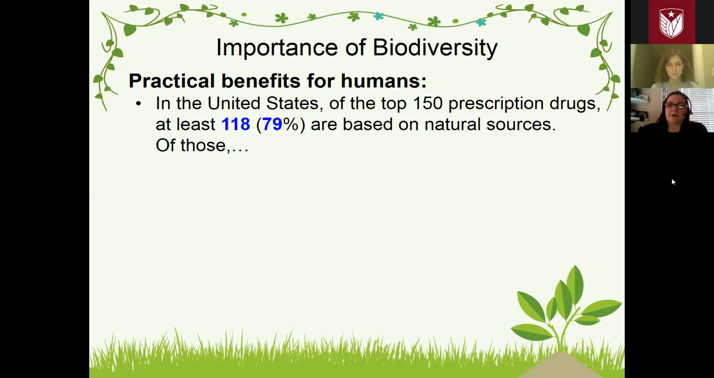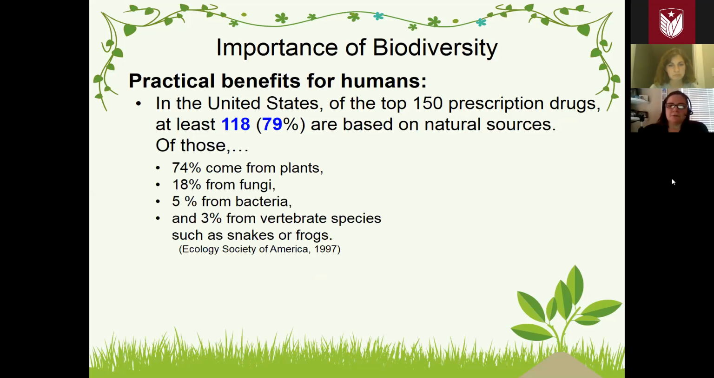Another practical benefit of biodiversity is that of the 150 prescription drugs that we use in the United States, at least 79% of those are based on natural sources. Of those, 74% come from plants, 18% from fungi, 5% from bacteria, 3% from vertebrate species. And how this relates to biodiversity is the more biodiversity there is in the ecosystem, the more opportunities for us to potentially find other plants, animals, bacteria, fungi that have